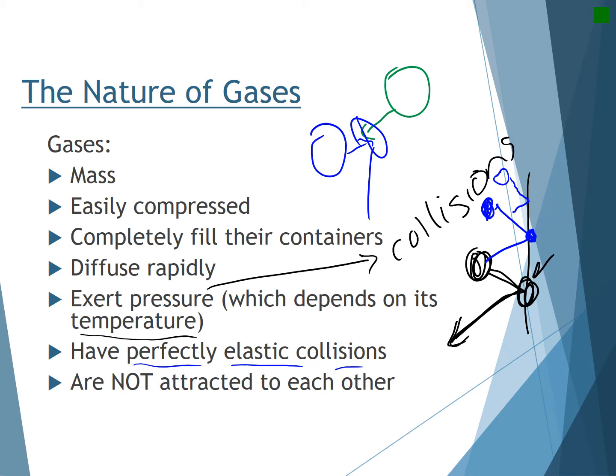With a perfectly elastic collision, if I drop that ball, it would always keep bouncing back up to the exact same level. It would never get higher and never get lower. That's what a perfectly elastic collision would be. And then gas particles are not attracted to one another. If one gas particle floats by another, they're not attracted by charges or anything like that. They don't even see each other's presence. They're not attracted, and nor repelled.